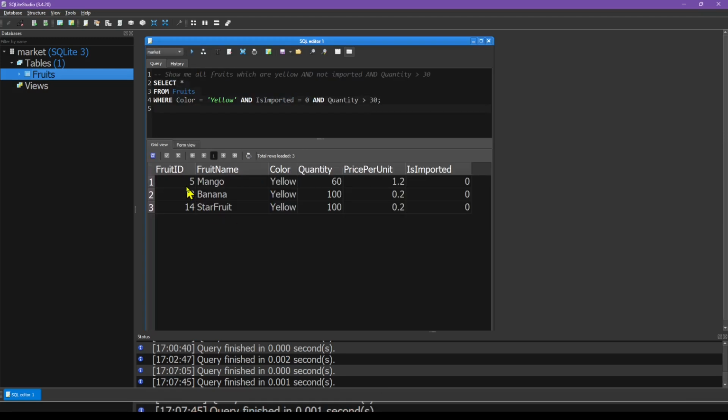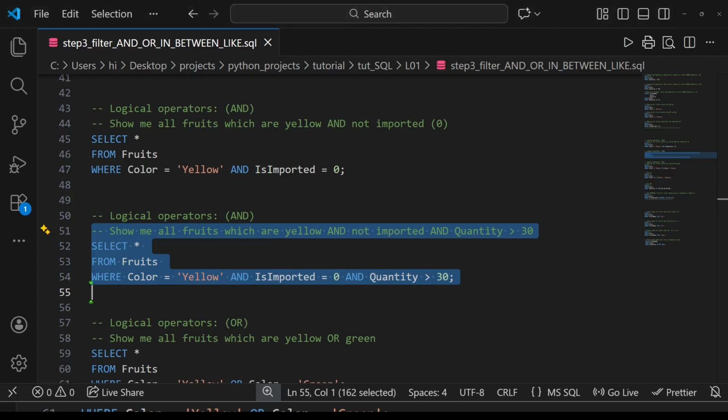So these are all the fruits where color is yellow. You can see that all the colors are yellow. Is imported, you can see that it's all 0, and quantity is more than 30. Quantity, you can see that everything is more than 30. Okay, now let's say